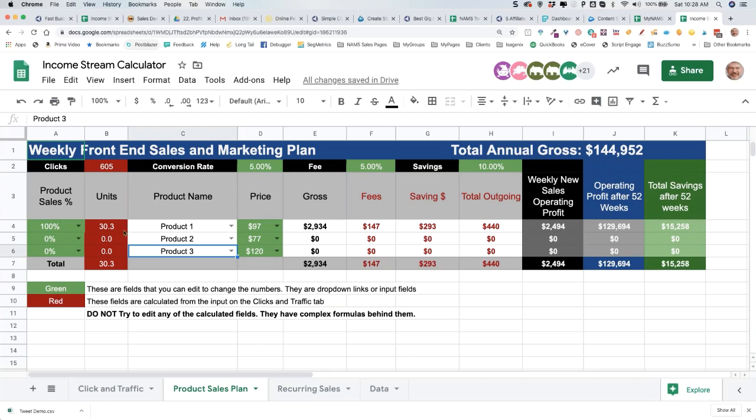You got one product that's 100%, that's $97, and you expect to get 30 sales from 605 because you're going to convert at 5%. Maybe you're not going to convert at 5%. Maybe you're going to convert at 3% on a $97 product. So I changed my conversion up here, and now it's $1,761 gross. My fees are the same. Savings comes out, total outgoing, $1,496, net operating profit, and here is my annual gross from continued sales like that. Based on just this week,